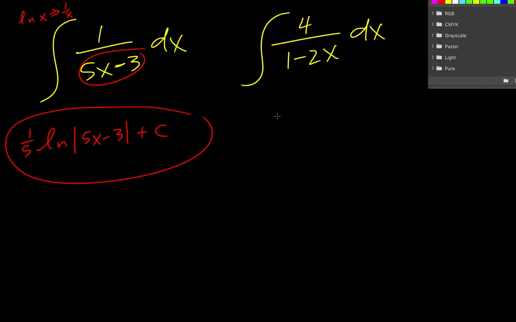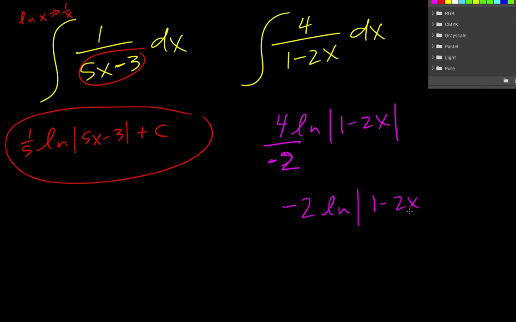Okay, this is going to be similar, but we're going to say 4 natural log absolute value of 1 minus 2x, and then divide that by the derivative of the inside, which is negative 2. And so we end up with negative 2 natural log of the absolute value of 1 minus 2x. And since we're done, we tack on our plus c,